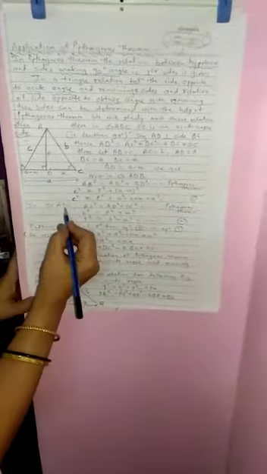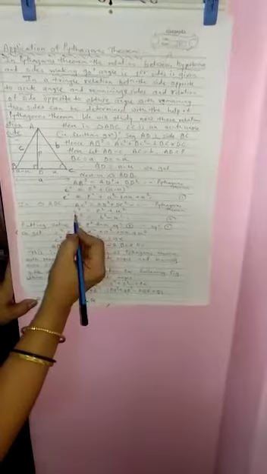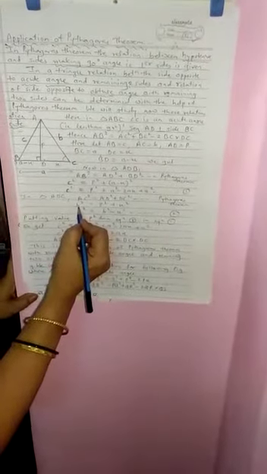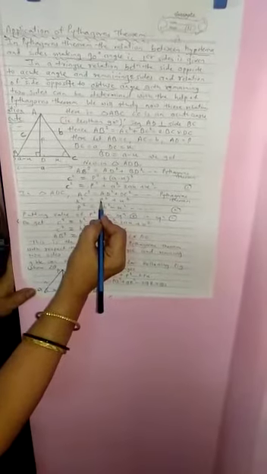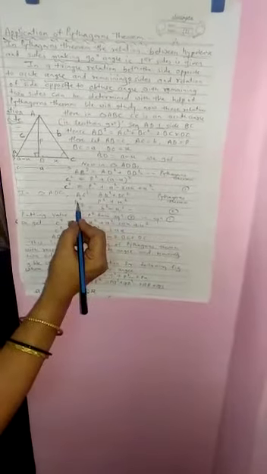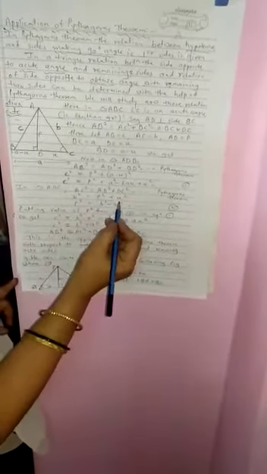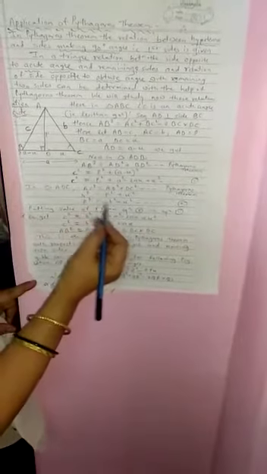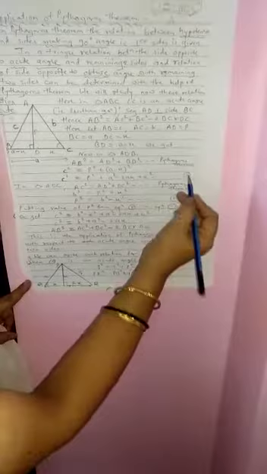Now in triangle ADC, angle ADC is 90 degrees. So AC is the hypotenuse. So AC square is equal to AD square plus DC square by Pythagoras theorem. Putting these values, b square is equal to p square plus x square. Now the value of p square can be written as b square minus x square. The plus x square is taken to this side, so it becomes minus. So p square is equal to b square minus x square. This equation is labeled 2, and the first equation is labeled 1.